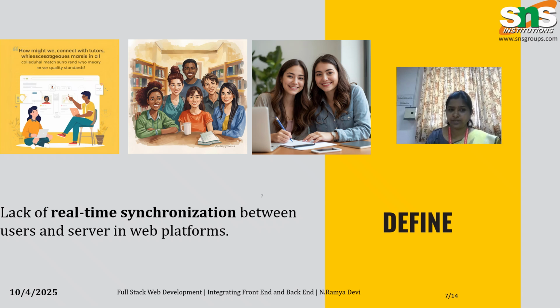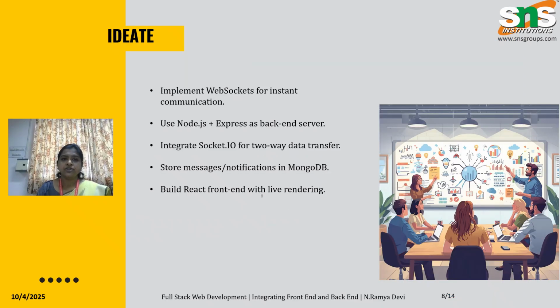So how can we define this problem? It is a lack of real-time synchronization between the users and the servers in web platforms. So how do we sync this? We have many ideas. We can implement WebSocket for instant communication, and use Node.js or Express as the backend server so that we can get instant communication. We can also integrate Socket.IO for two-way data transfer, and store notifications in MongoDB and build a React front end